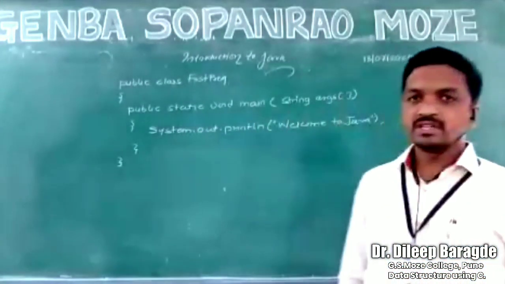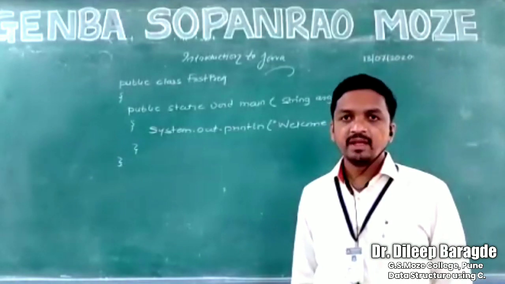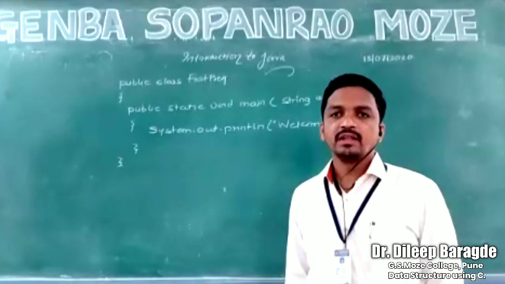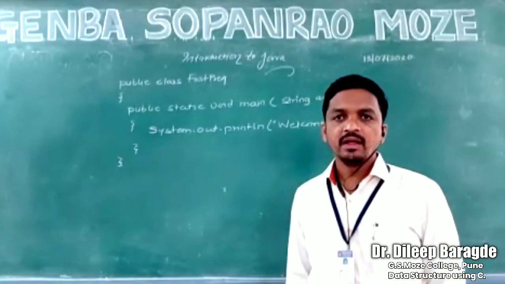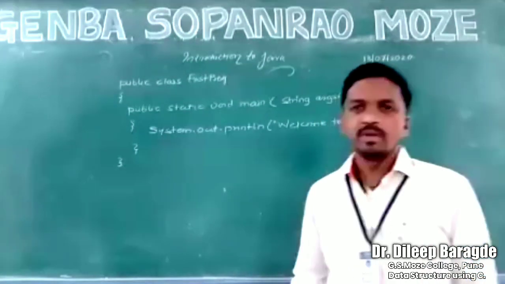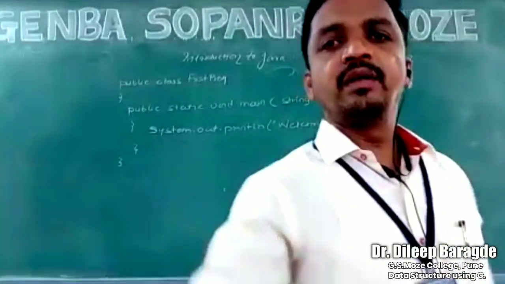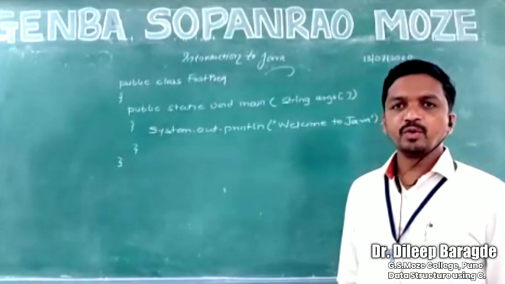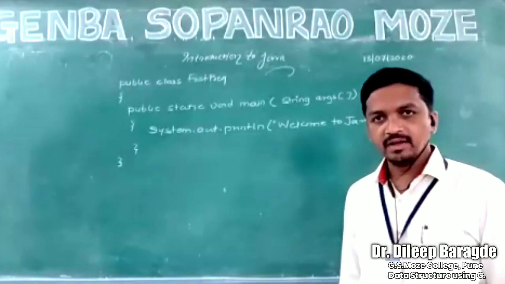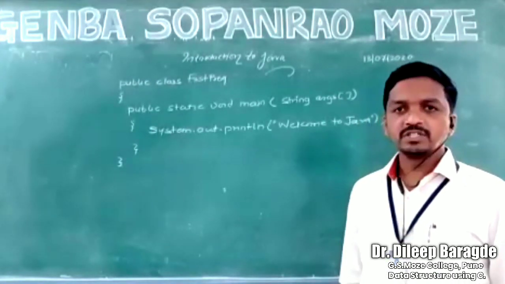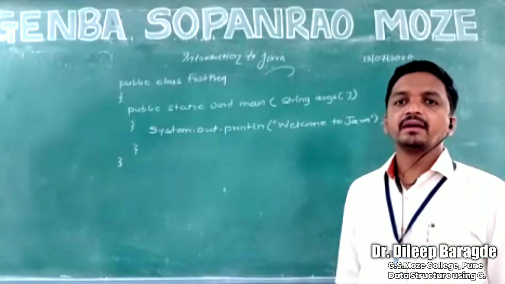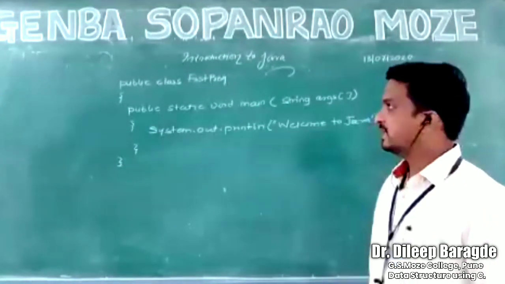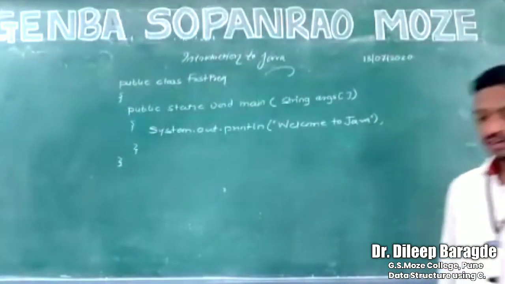As I told, first is Eclipse, which is provided by IBM, and second is NetBeans. In the market, you will get the idea that everyone is doing programs on these, and we can also do without them, by using the simple or old-fashioned way: typing the program in any editor and executing that program on the command line. We can do it that way also. So that's all about the Java environment, Java editor and Java IDE, integrated development environment. Next, we are going to start with our first Java program.